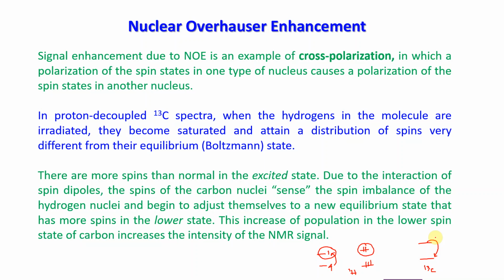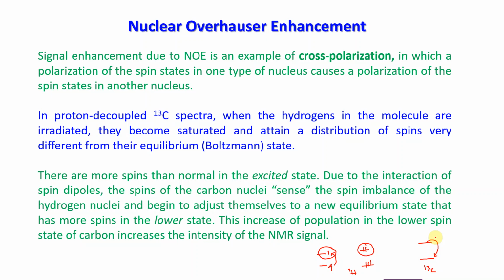It's not clear, because the next slide what I am going to explain, the time is also short. What I am telling is, in 13C NMR proton decoupled, we first try to make the proton undergo saturation, so that proton will be inactive. When it goes to saturation, it will be inactive, so it will not give signals to the spectrum, right? That is the proton decoupled spectrum.